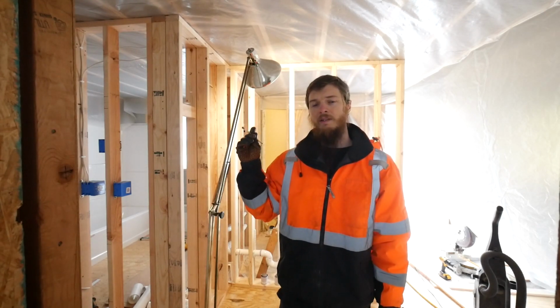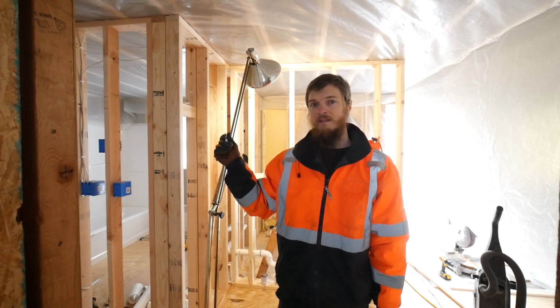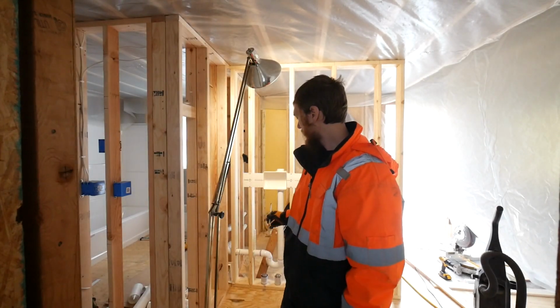We got all the drains run. The drains are hooked up and ready. I could dump water down the tub and it would work. So that's awesome. Problem is we don't have the water to dump, so we need to get the water lines